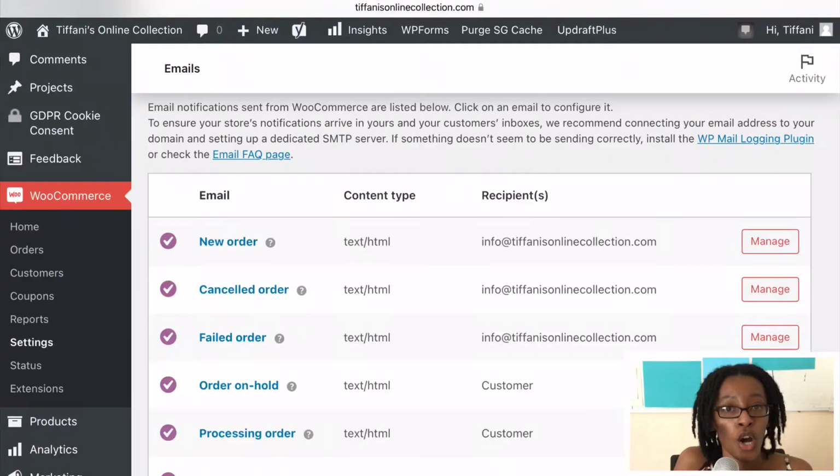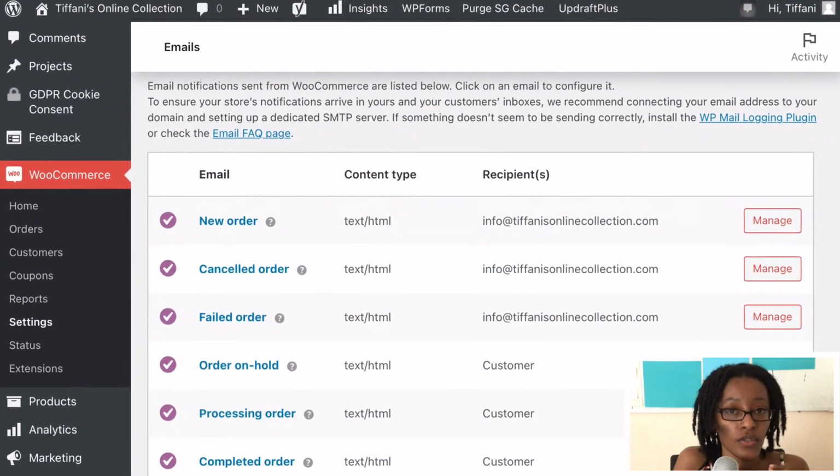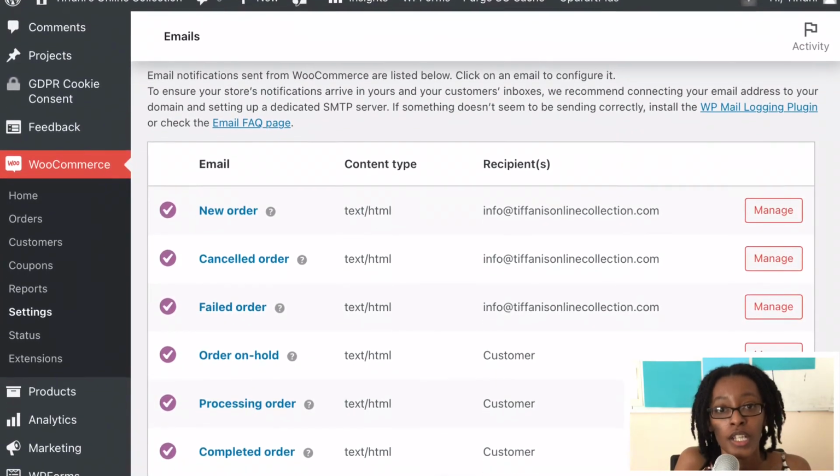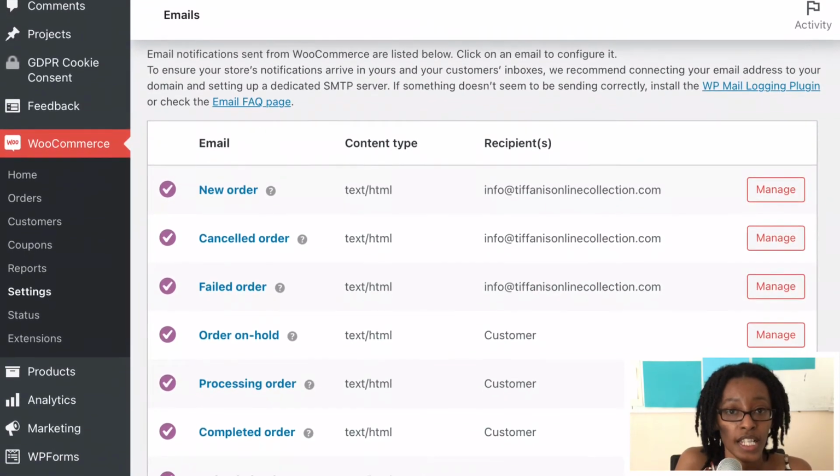So under the emails tab, the first time I saw this, I got kind of scared, because I was like, what are all these emails that WooCommerce is going to be sending out to my customers that I didn't look at or know about, right? But basically what I have come to realize, and you can too, you're going to see these little question marks, and that is going to tell you what each and every automatic email is going to say